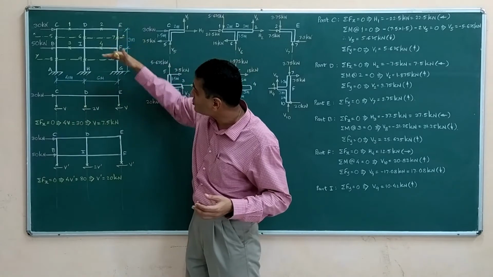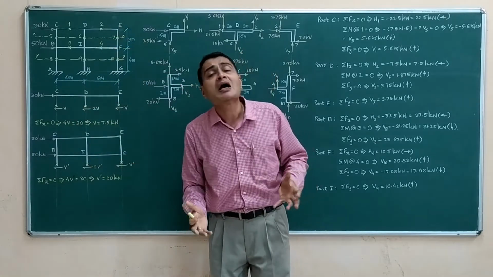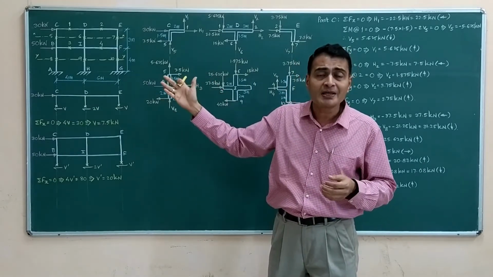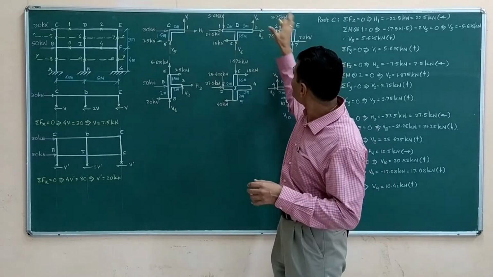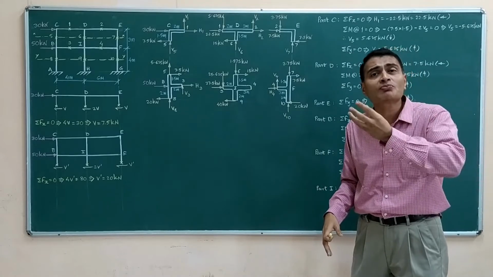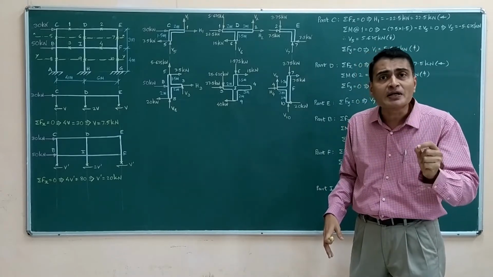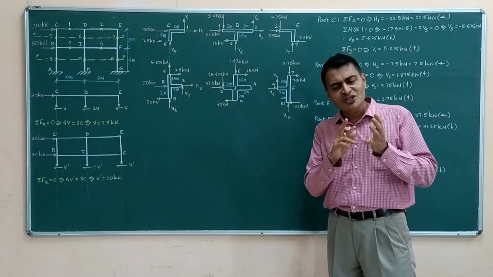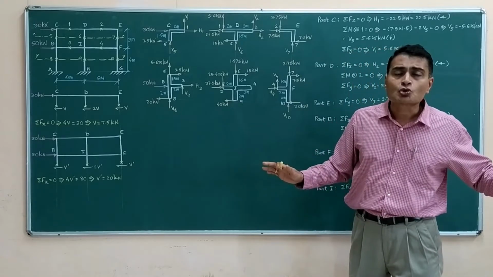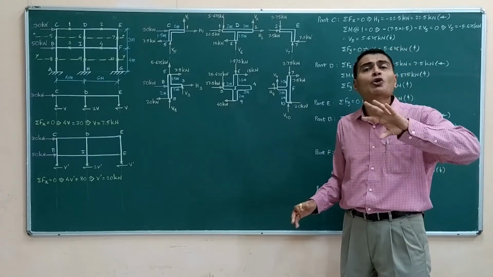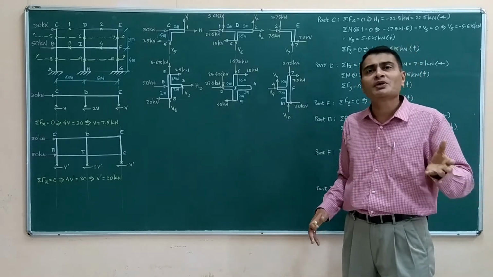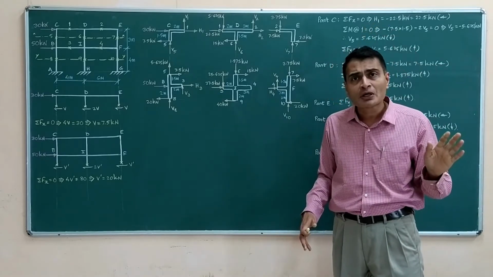So passing through these points of inflection, if I consider two sections, I first of all get my column shears V and V prime. Now remaining portion that you are observing here is nothing but isolation of portions of this frame, drawing FBD, considering equilibrium, applying sigma Fx, sigma M, sigma Fy, getting the answers, that's all. So if you are good at equilibrium, anti-clockwise, clockwise, leftwards, rightwards, upwards, downwards, and you got to be, because equilibrium is something we learned in first year mechanics.